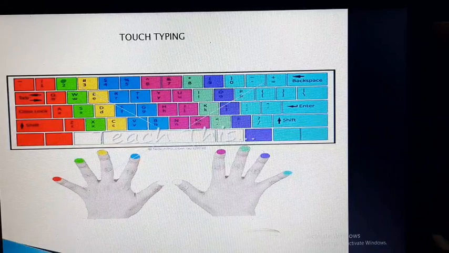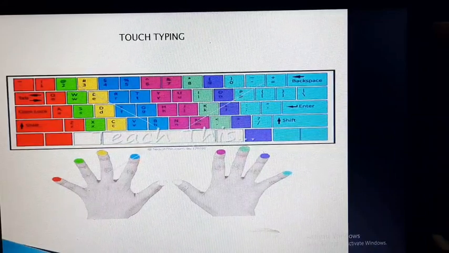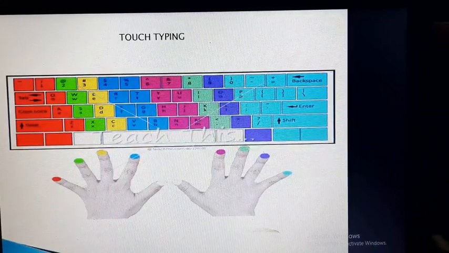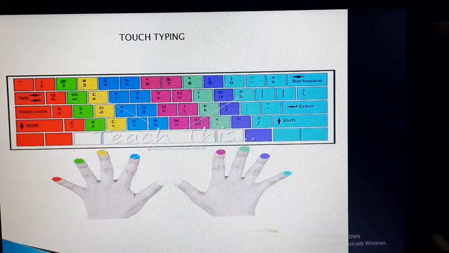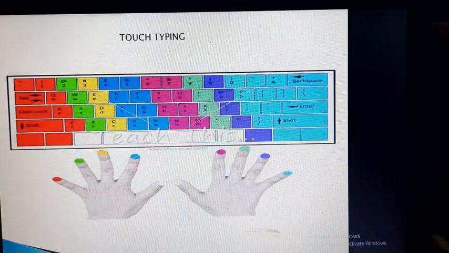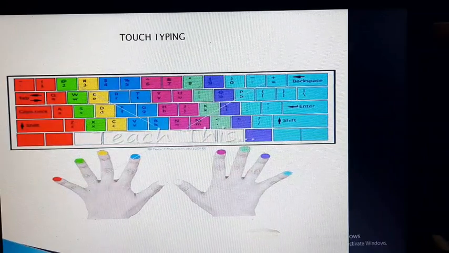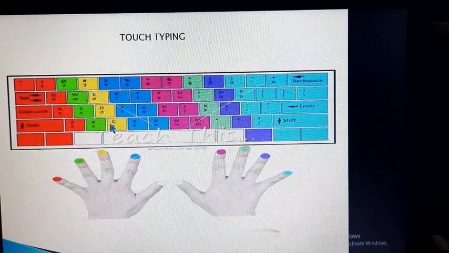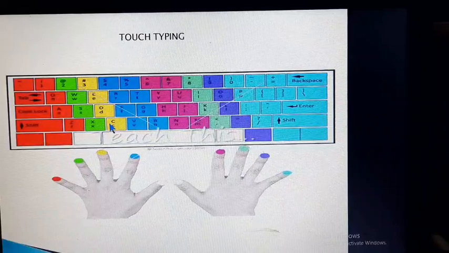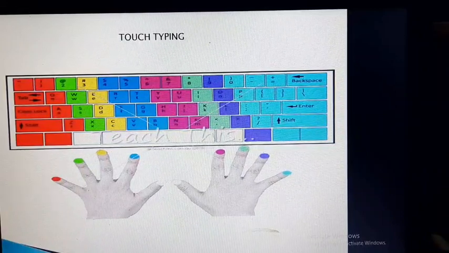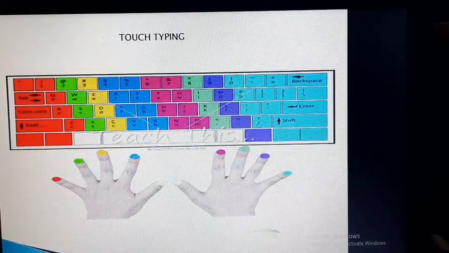Second, this stage involves remembering frequently used syllables and typing words containing these syllables. Third, this stage involves typing actual text to perfect the skill learned.